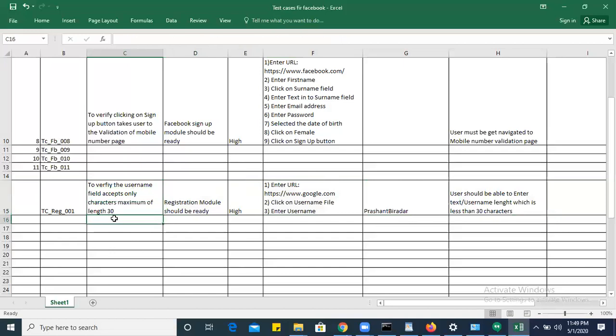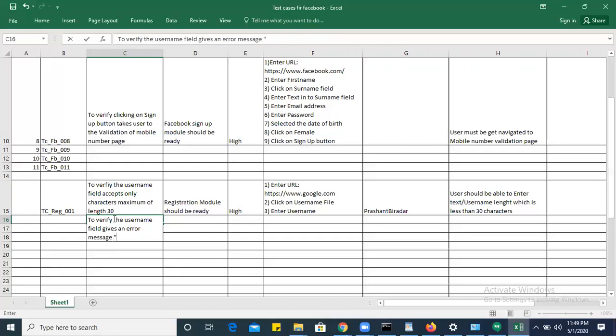So I can go for two negative test cases. One is to verify the username field gives an error message.